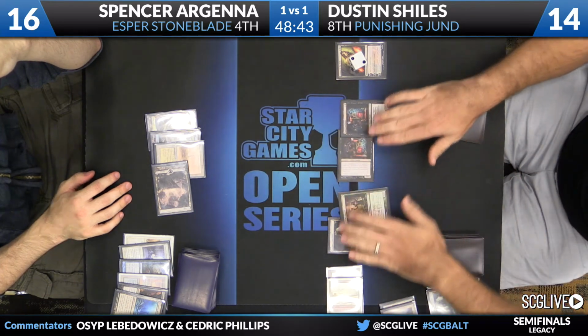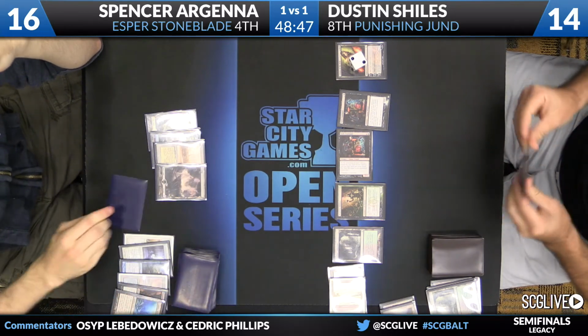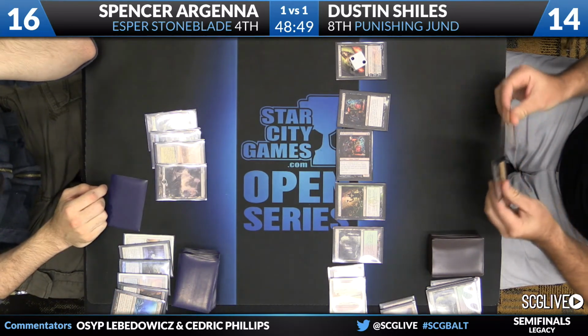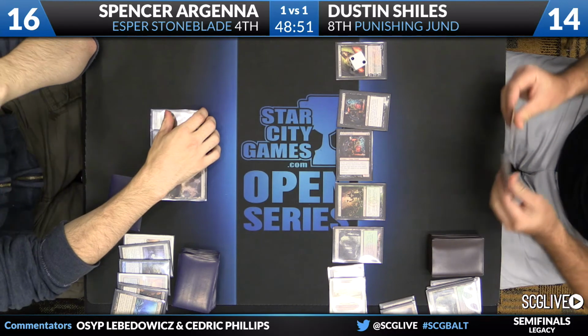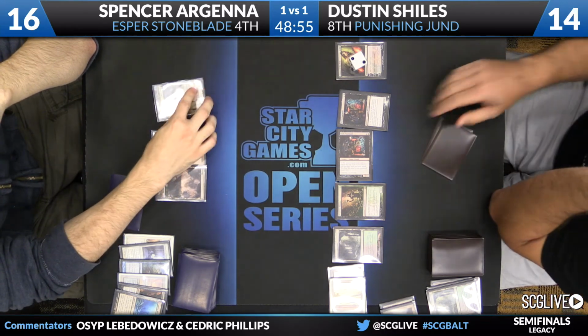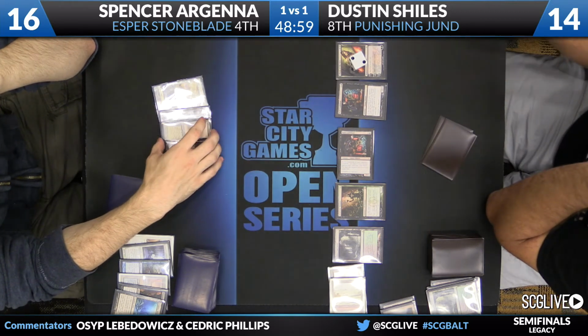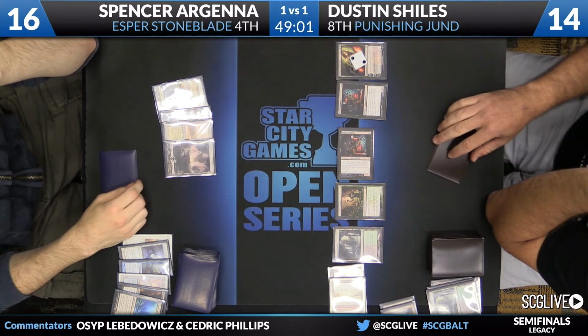Leon takes your Academy runs. Play another Dark Confidant, and his life total's high enough that that's not even really risky. Spencer's going to draw a card. This is how Jun wants to play literally every game: just grind you into the ground, and then you can't come back because their incremental advantages are too much to